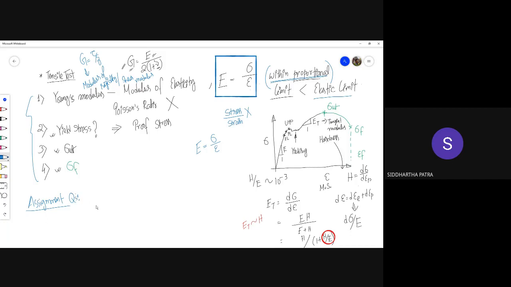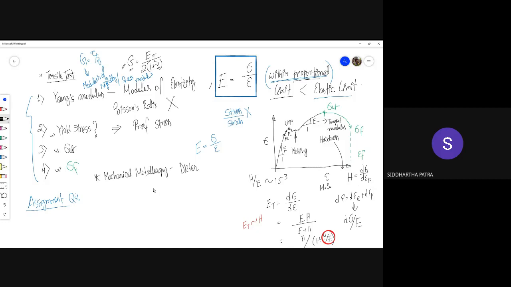But before going there, I would like to mention this book, Mechanical Metallurgy. I'm sure I have mentioned this earlier, but again I'm mentioning this. This by Dieter is a must, and you should go through it. For today's class, you should go through the chapter titled Tensile Test. That will give you as much detail as you require for understanding what's happening with the tensile test.